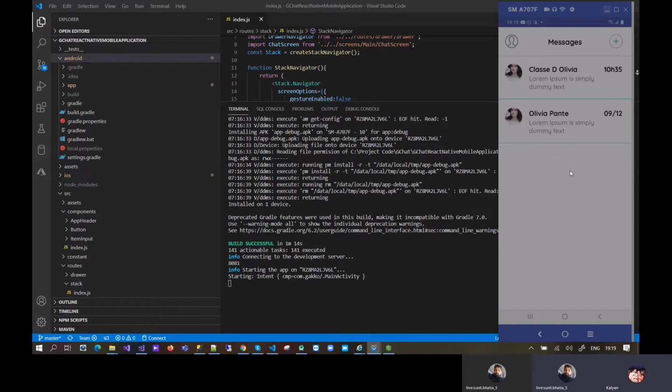Can you show something by tomorrow? Might be the socket connection is done. At least will you show one-to-one chat?